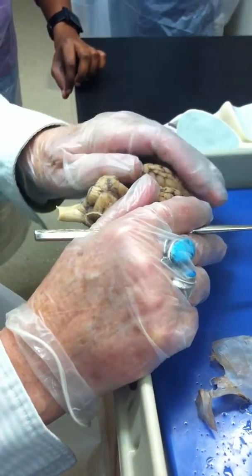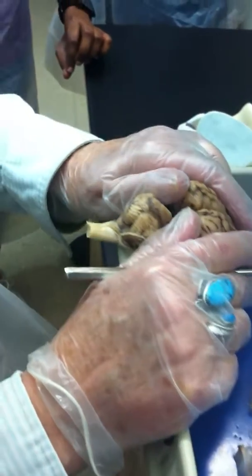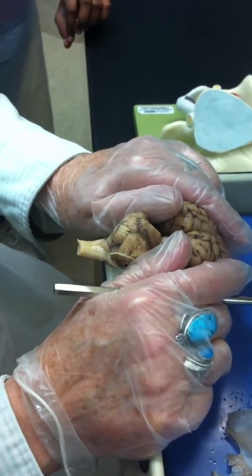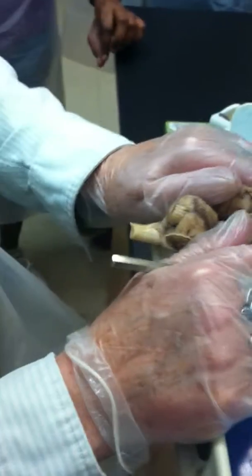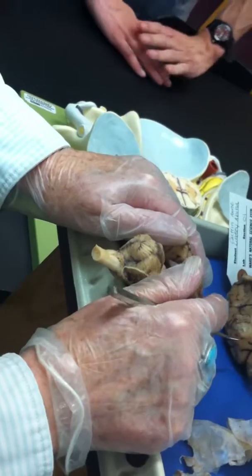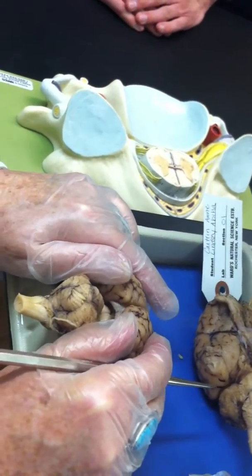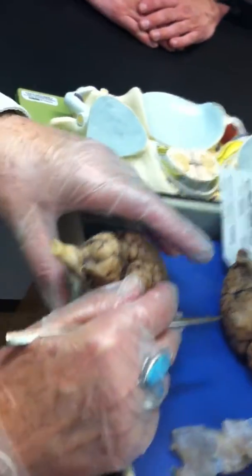Okay, now if you again gently pull up the cerebrum and look in front of the corpora quadrigemina, you actually see the pineal gland. You see it in there? Right there. See that? Isn't that cool? Okay, now